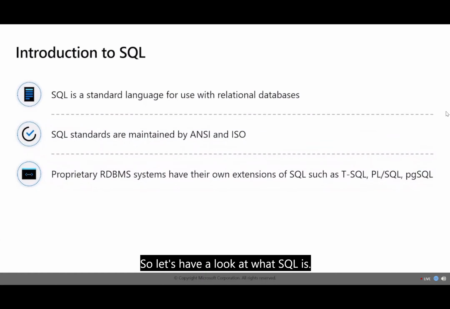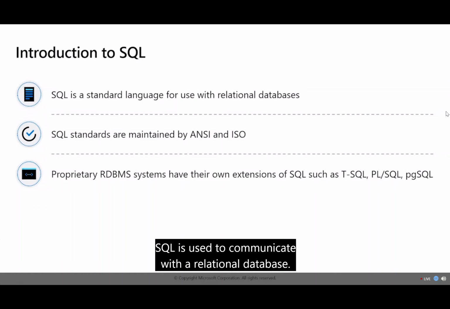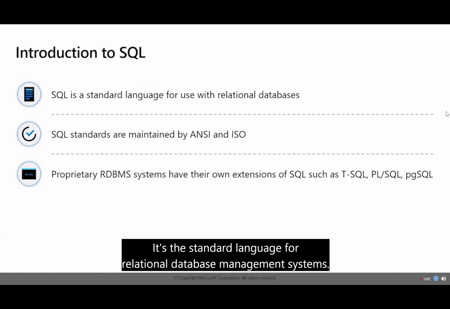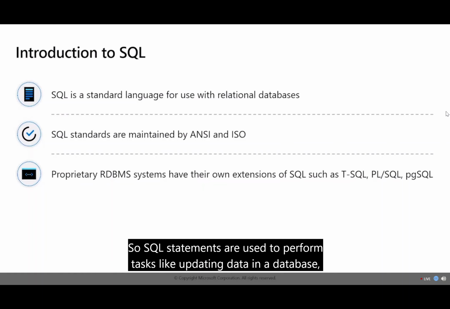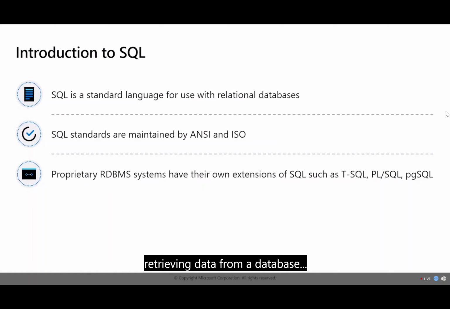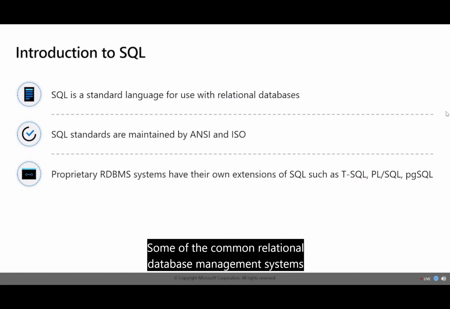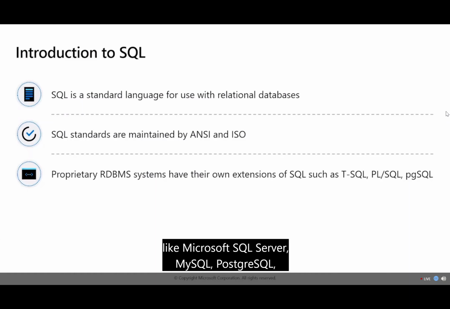So let's have a look at what SQL is. SQL stands for Structured Query Language. SQL is used to communicate with a relational database. It's the standard language for relational database management systems. So SQL statements are used to perform tasks like updating data in a database, retrieving data from a database. Some of the common relational database management systems like Microsoft SQL Server, MySQL, PostgreSQL, MariaDB, and Oracle all use a